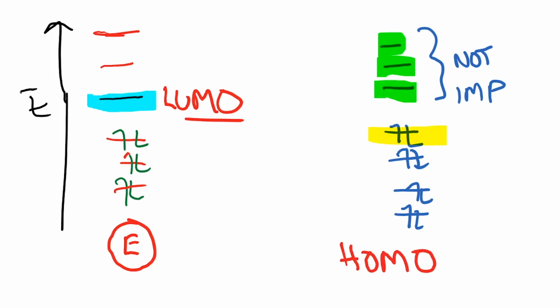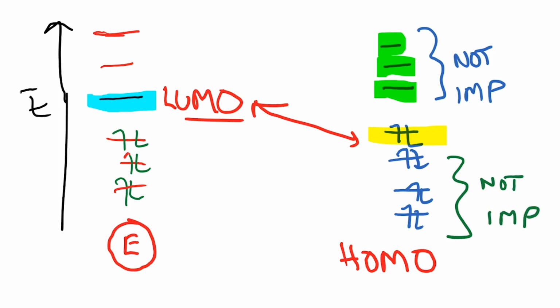So this interaction between the highest occupied molecular orbital and the lowest unoccupied molecular orbital is the one that we are always going to be worried about. Again, just to repeat, these are all filled orbitals, but they are not really important. In the case of the electrophile, the filled ones are clearly not important, but the unfilled ones with higher energy are also not important. This helps us simplify the treatment and put a lot of things in perspective, because now we need to concern ourselves only with the lowest unoccupied molecular orbital and the highest occupied molecular orbital.